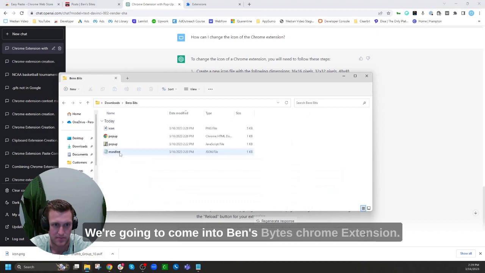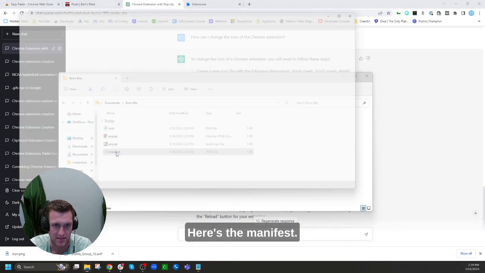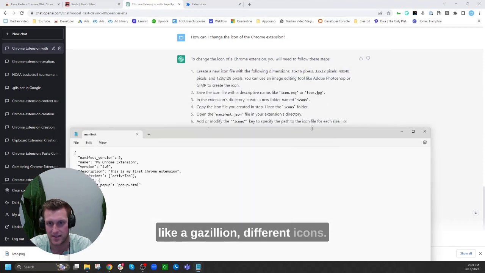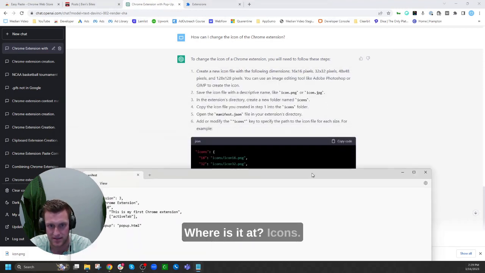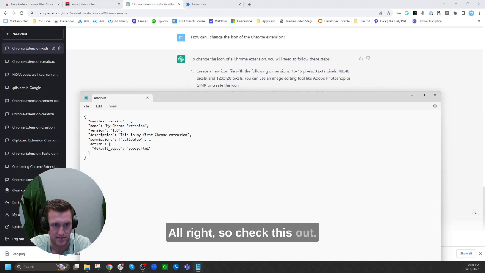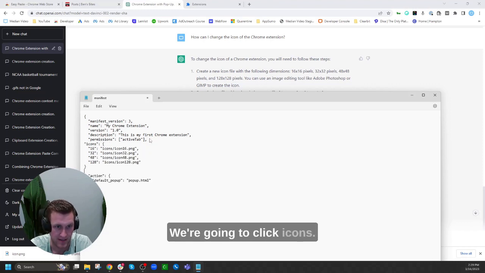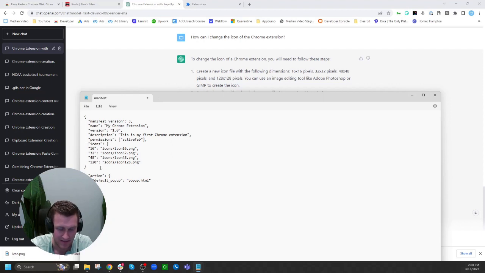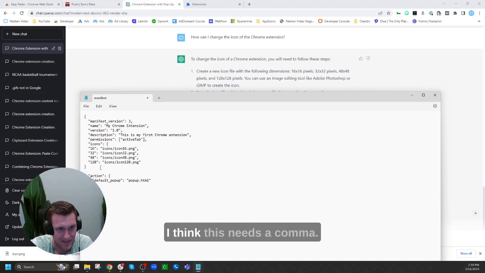We're gonna come into Ben's Bytes Chrome extension. Here's the manifest. And it wants us to add like a gazillion different icons. Where is it at? Icons. All right, so check this out. We're gonna click enter, we're gonna click icons, and that looks ugly code-wise, so what we're gonna do is try and line it up. I think this needs a comma,